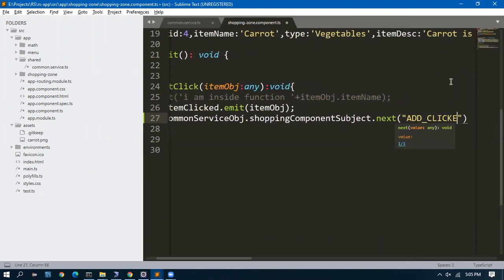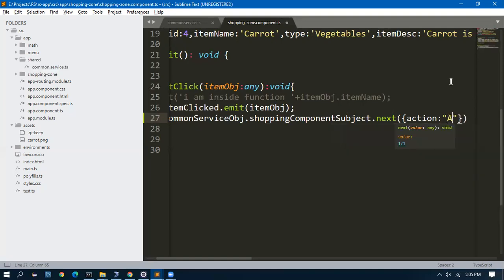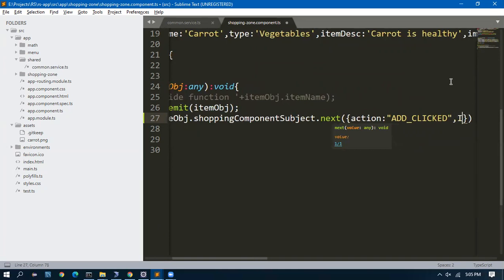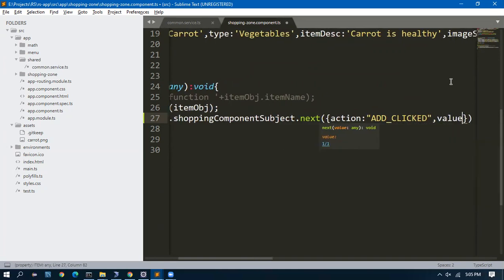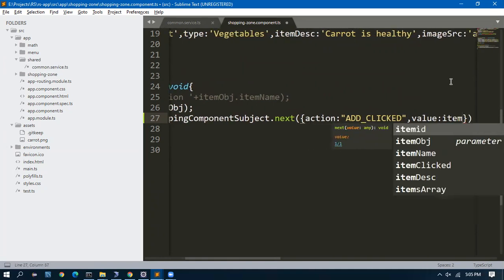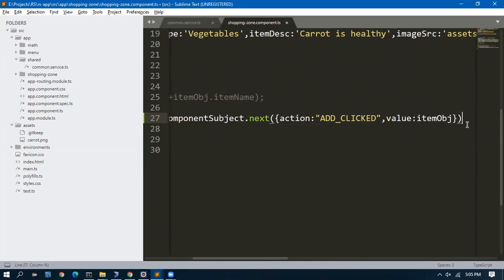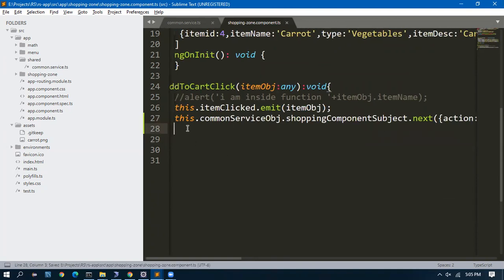I will emit an object. What is the action? Add clicked. And what is the value? This is a JSON object, the item object. So action is add clicked, value is item object. That's all. The code here is over.